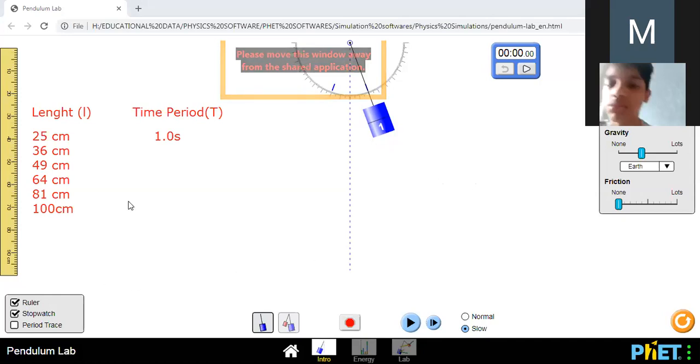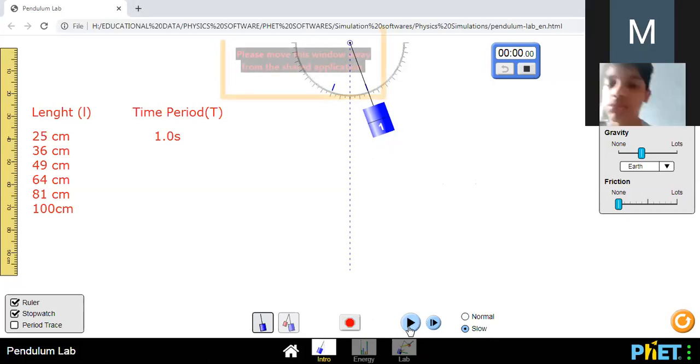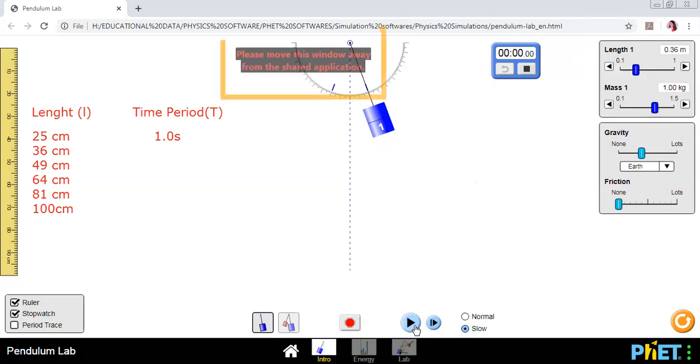Look at it. Another relation we are finding. I will turn on the timer. And now I will start it. See, now we are going to find out the time for one oscillation. It's moving from the mean to the other extreme, and from the other extreme, it will come back. See, how much is the time? It's 1.19. Means I can round it. It will become 1.2 seconds.